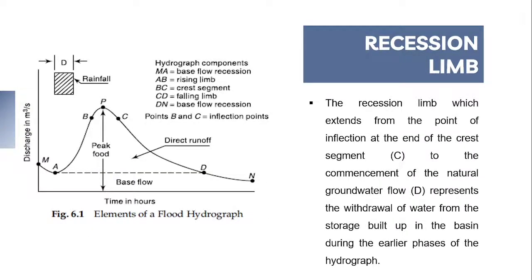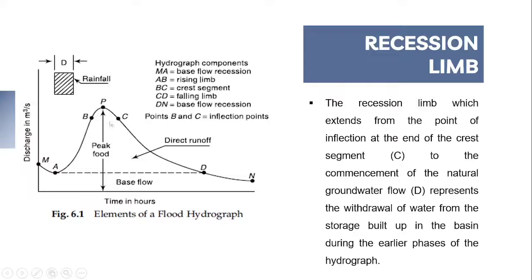Lastly, we have the recession limb. The recession limb extends from the point of inflection at the end of the crest segment C. So you can see here is where our recession limb starts, to the commencement of the natural groundwater flow D. The recession limb represents the withdrawal of water from the storage built up in the basin during the earlier phases